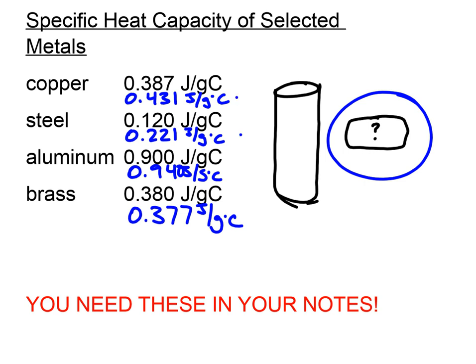four specific heat capacities for your four known slugs of metal: copper, steel, aluminum, brass, and you're going to plot them